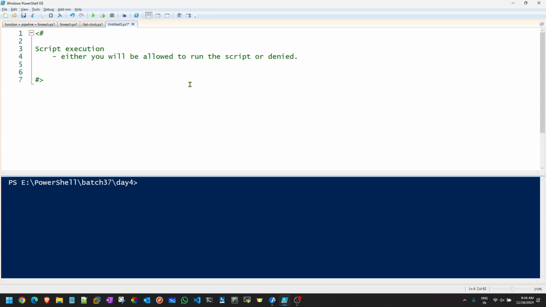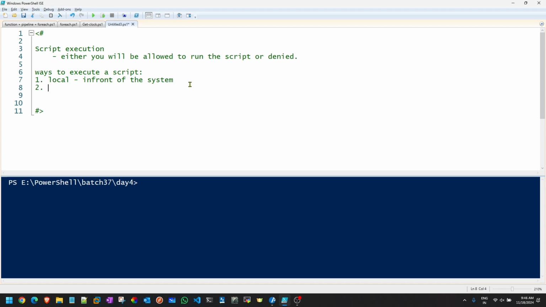Now, when you talk about how it can be executed, there are two ways to execute a script. Number one is you are available locally, means you're sitting in front of the computer. Okay, that means in front of the system. That's what we call local.